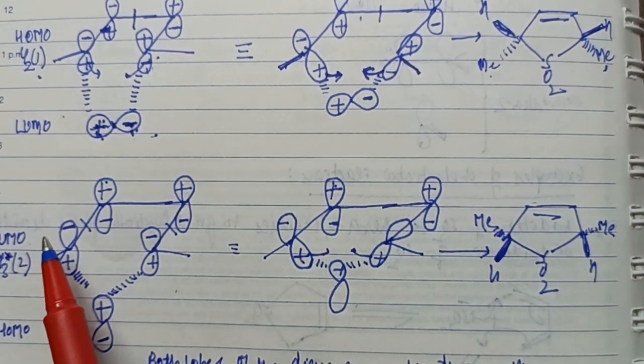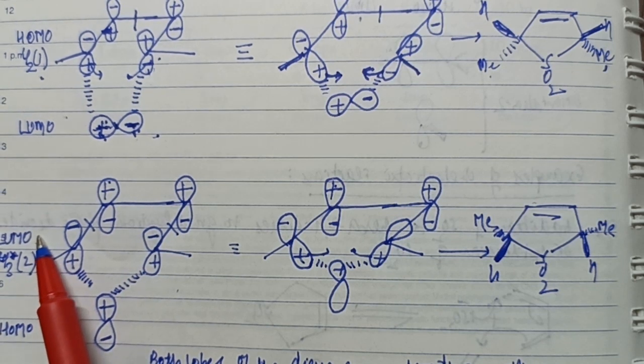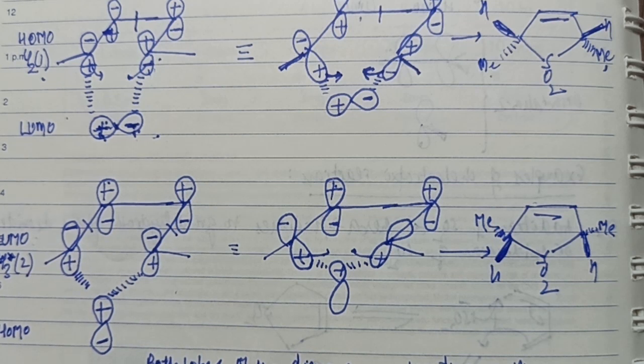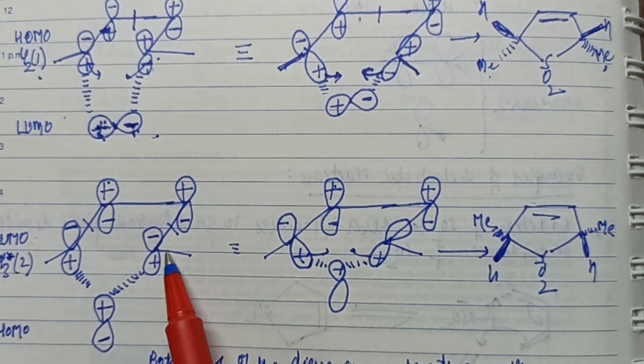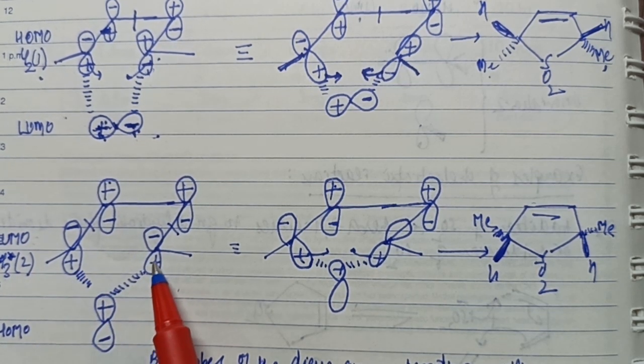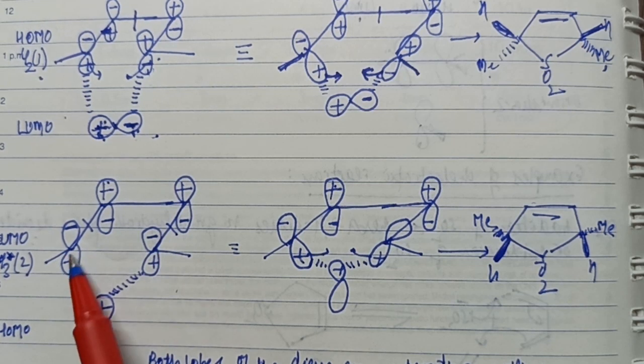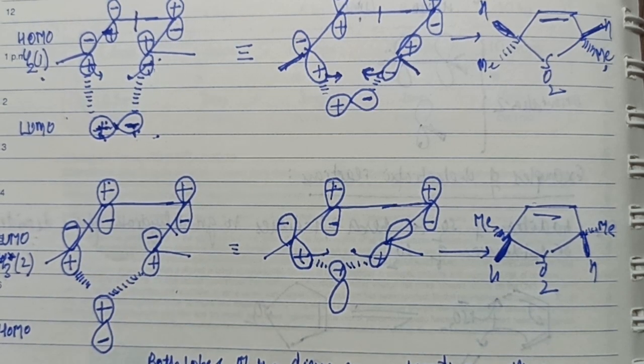Of course, once we take the HOMO of the diene, once we take the LUMO of the diene, one electron from Psi2 jumps to Psi3 star. Therefore, the LUMO is Psi3 star with two nodes. Two nodes means even nodes, and even nodes means the terminal lobes of the diene on the same face will have the same signs. Of course, one node here, one node here. If this is plus, this becomes minus, minus and plus. We all know this thing.